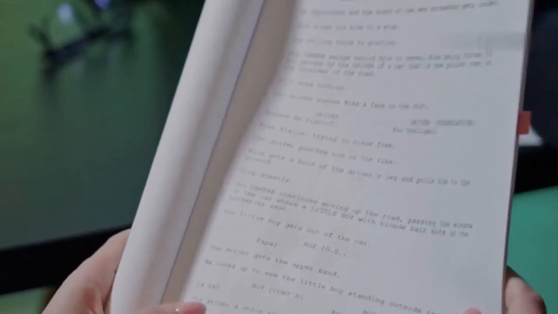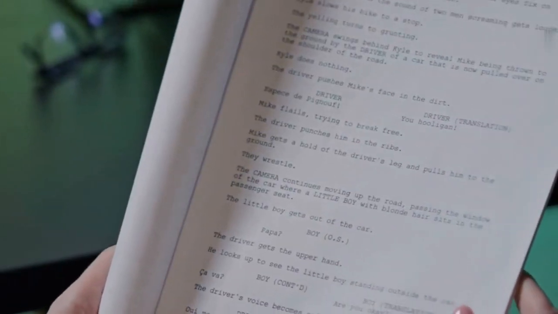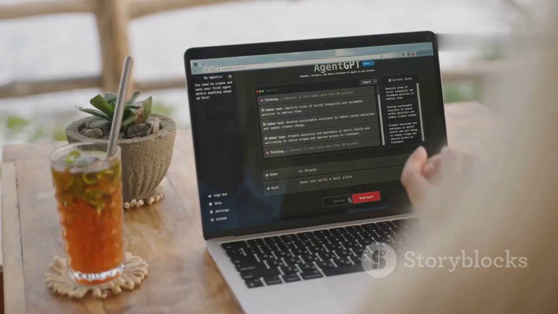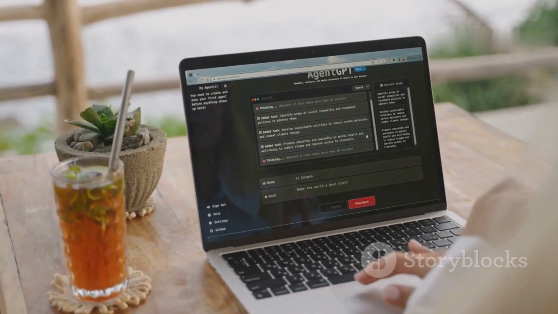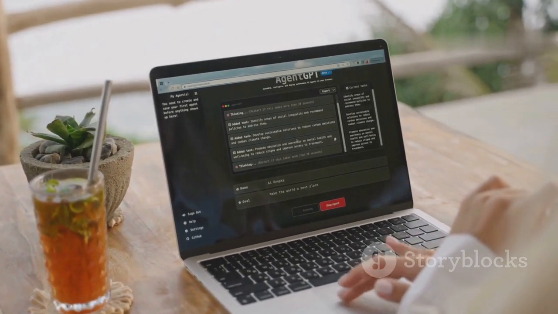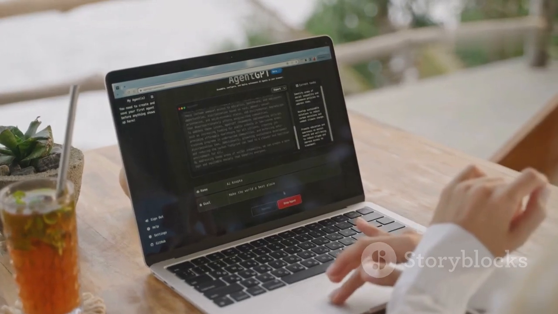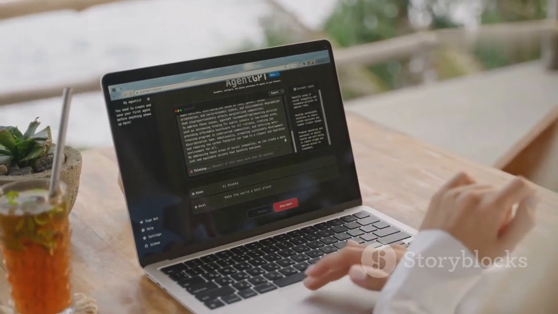With these simple tools, you can craft stunning and engaging stories using the power of AI. We're about to revolutionize your creative process. The journey starts with a script. Think of it as your blueprint, the foundation upon which your entire animated video will be built. AI tools like ChatGPT are your invaluable writing partner, ready to brainstorm ideas, draft compelling narratives, and polish your script to perfection. It's like having a co-writer available 24/7.